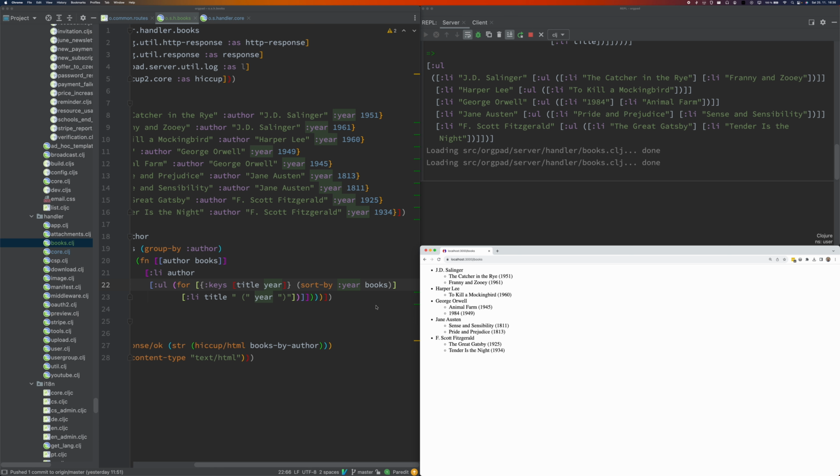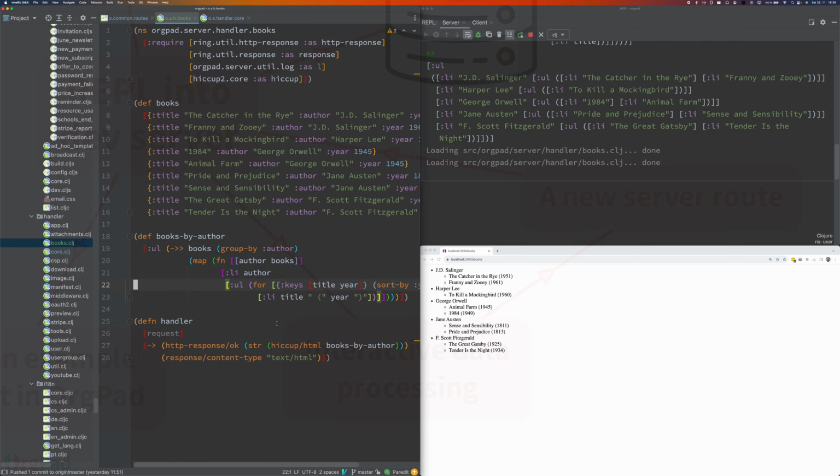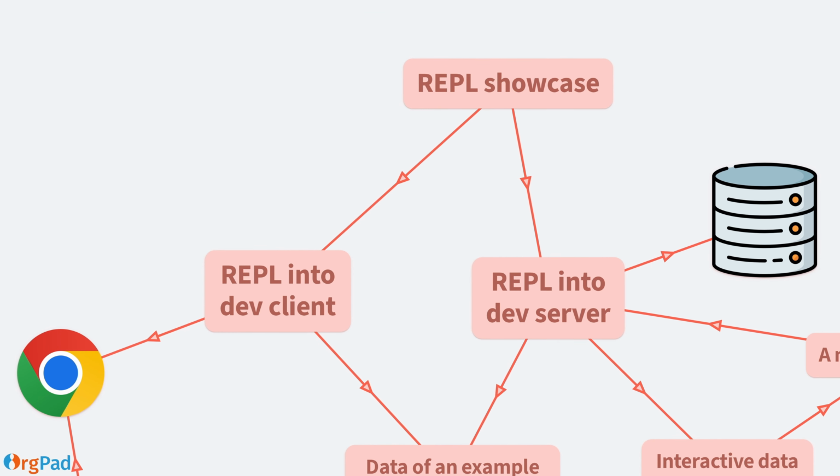So I can play with my data live like this, and I can do immediate interactive changes in a running server, and I can see the results, and the feedback loop is super powerful. We have seen how interactive programming works in development using REPL and hot code reloading, both front-end and back-end. The instant feedback loop is so addictive, and it is exactly how I do all my development. And these are no toy examples. It runs about 110,000 lines of Clojure code.